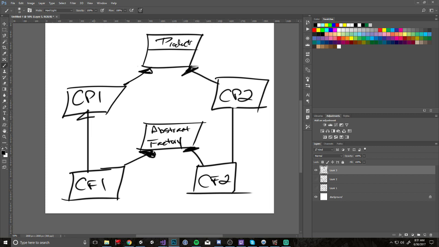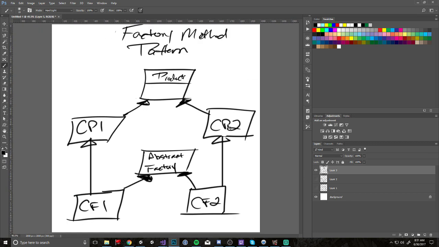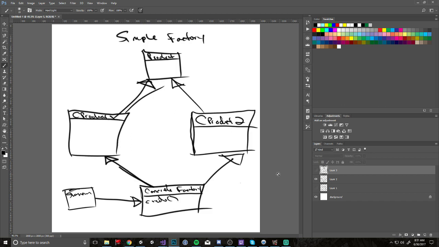And technically, these are open arrows. So what happens here in our factory method is, instead of what we looked at in our previous one, where our shaman would know exactly what this concrete factory is,